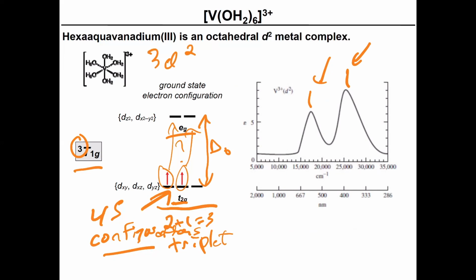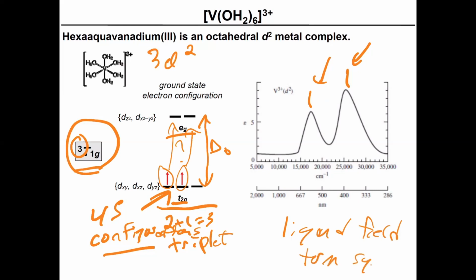We're going to come back to that, but we have to start with figuring out atomic term symbols, which are going to be much easier because the d orbitals will be degenerate. It's the same as the free ion term. They're going to be called free ion term symbols, but they're effectively the atomic term symbols for the free ion before you impose on it an octahedral ligand field. And then once you impose an octahedral ligand field, you get term symbols that start looking like this, which are now the ligand field